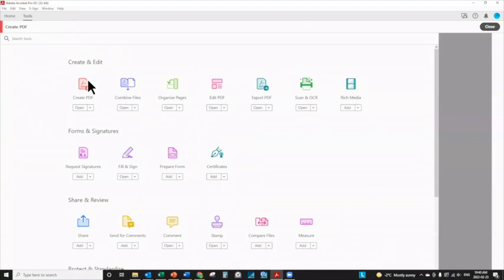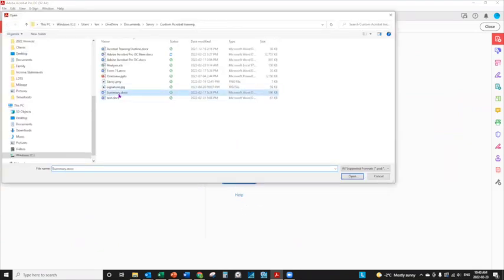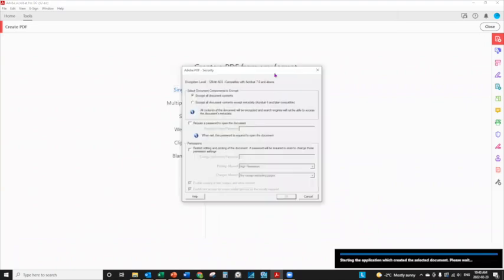So when I click the Create PDF, instead of clicking Create, I'm going to click where it says Select a File first. I'm going to specify the file. And then if I just want to go ahead and create without choosing any settings, I can click here on Create. This will now come up, and